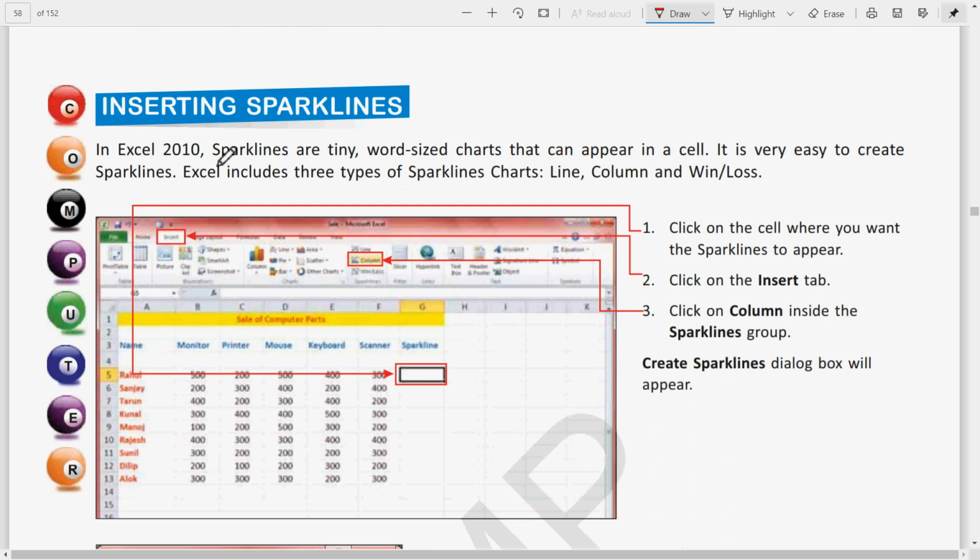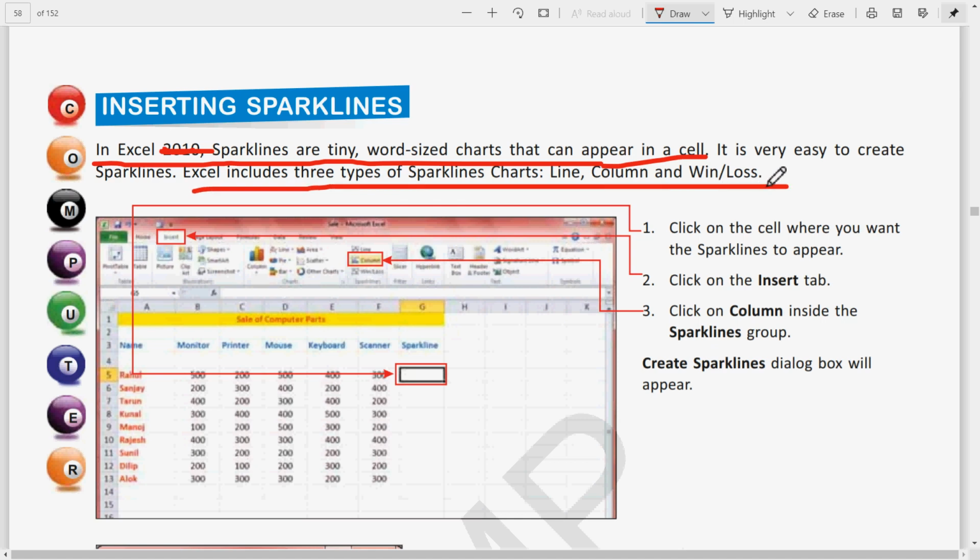You can write that in Excel. Don't write the year. In all of the latest versions, sparklines are present. So write the answer like this. In Excel, sparklines are tiny word-sized charts that can appear in a cell. Then write the last sentence also, that Excel includes three types of sparkline charts, that is line, column and win loss.